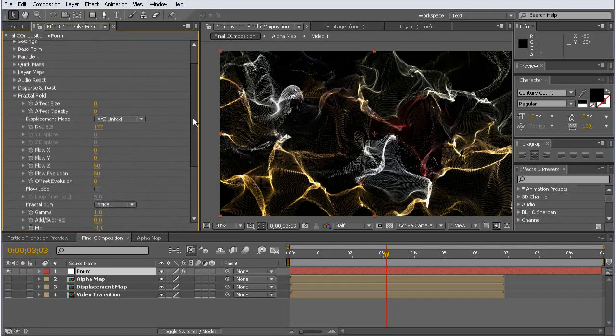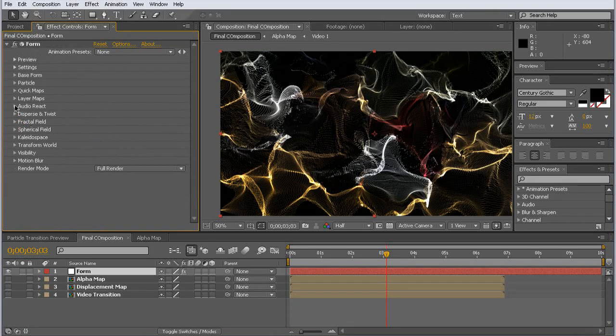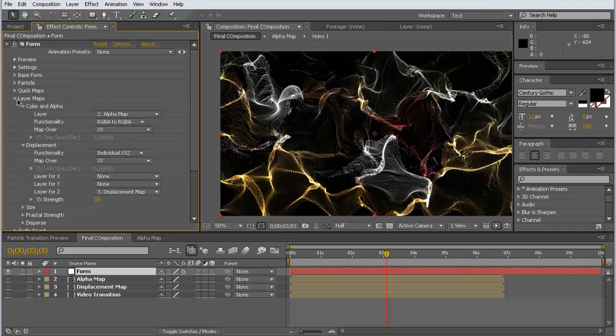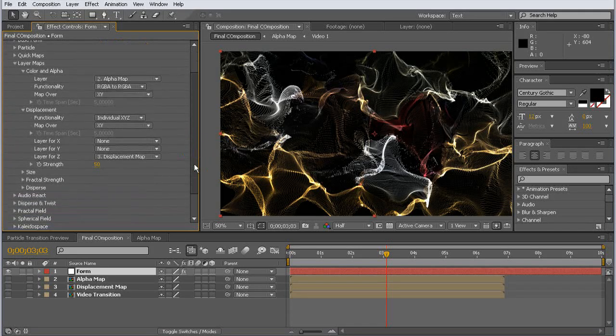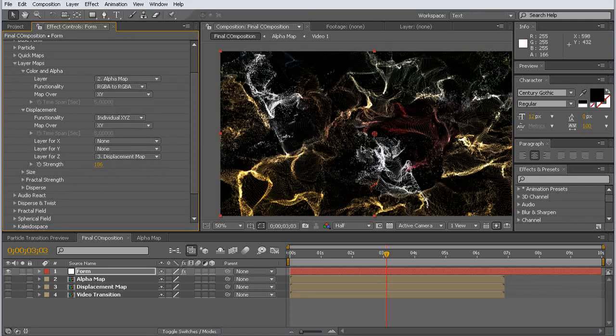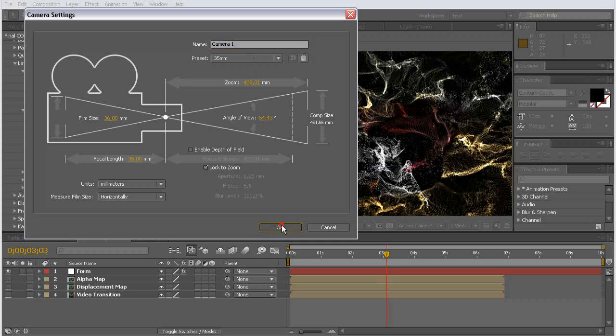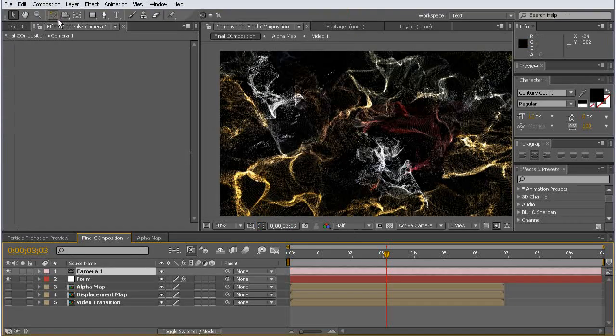So the first thing we are going to animate is our fractal strength. Come back to layer maps and displacement, and we'll animate our strength. What will affect this parameter is we'll displace our particles in the z-space. Let me create a camera for you to see better. New camera, OK. Select the camera orbit tool,